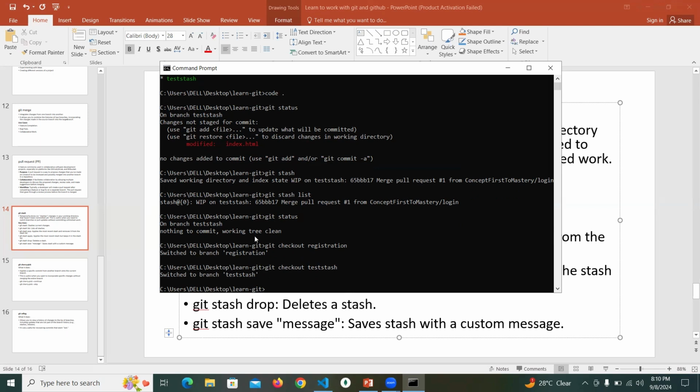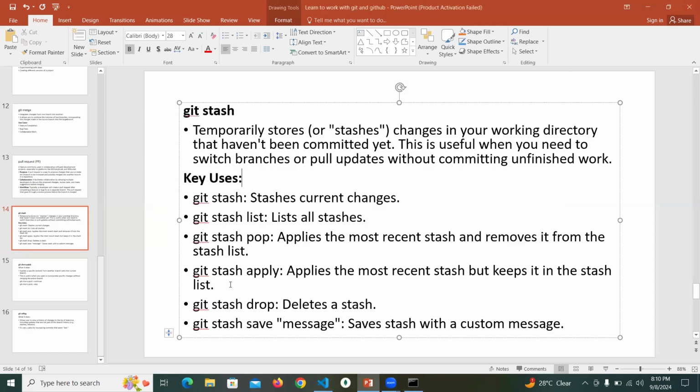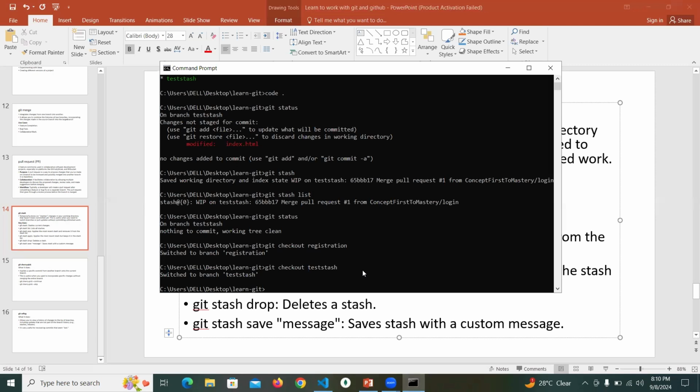So, and I had something going on before. Now I want to apply, right? That is when you use this git stash apply. But you need to know the implication, right? It's going to bring back what you stored temporarily back into the staging area so that you can now commit it, right? But it's still going to leave a copy for you in the stash list. So this is what I mean. If I do git stash apply,